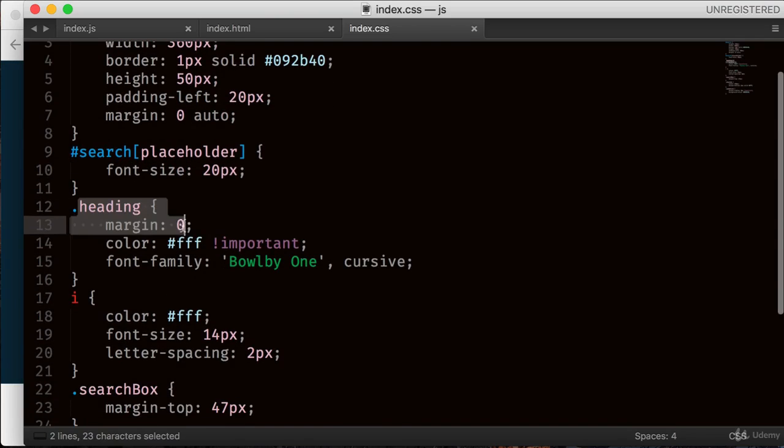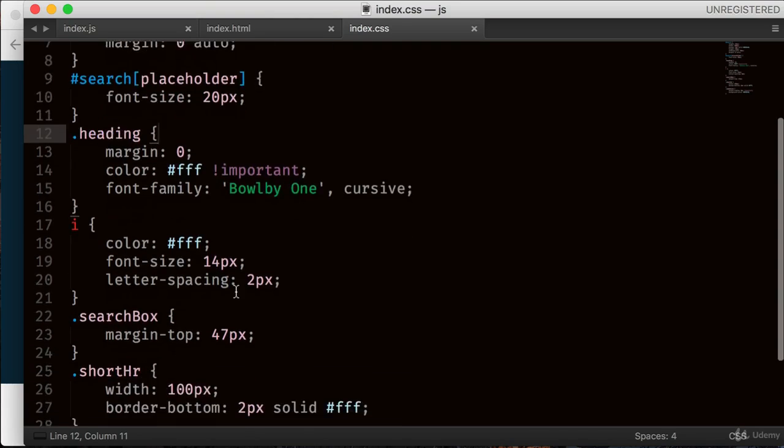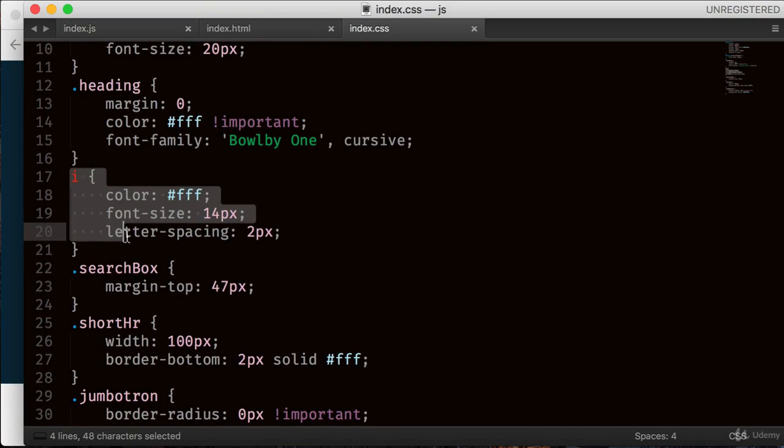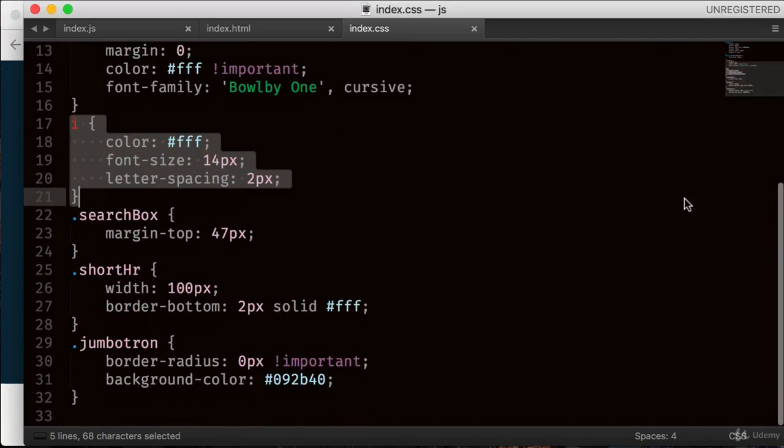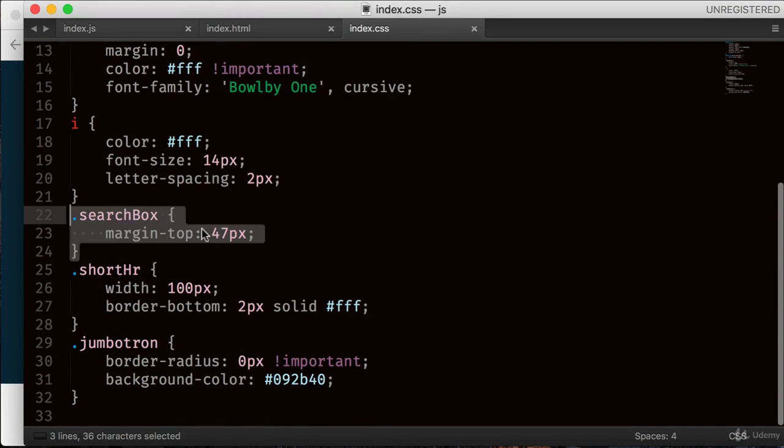Same with the heading. I have used this Google font, which I have to link in the index.html, which we'll do next. And then this is the italic font, a bit of a style here. And then we have a source box which has margin on top added,